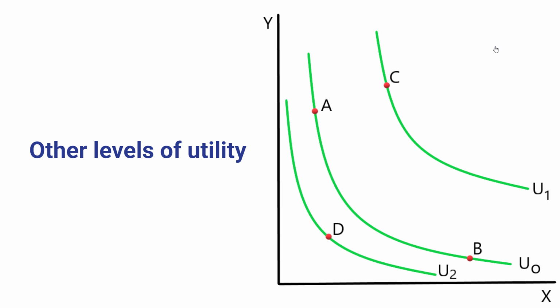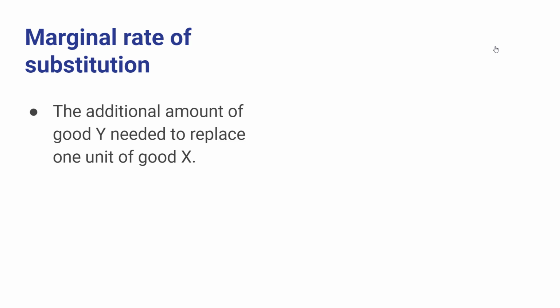One term that we use quite a bit in microeconomics is the concept of the marginal rate of substitution. The marginal rate of substitution is a measure of the rate at which one good could be exchanged for another. When we have diagrams such as the one we've just been using, we can define the marginal rate